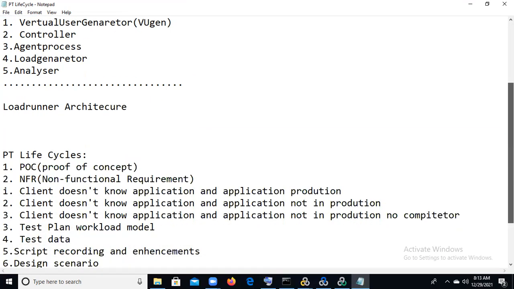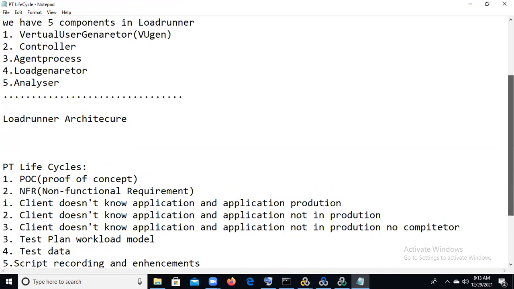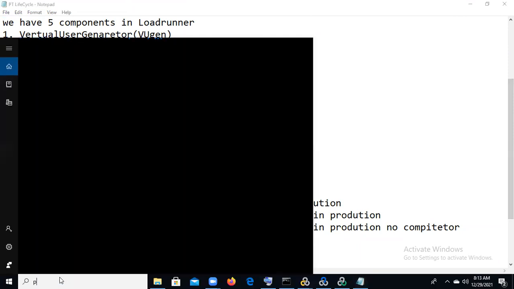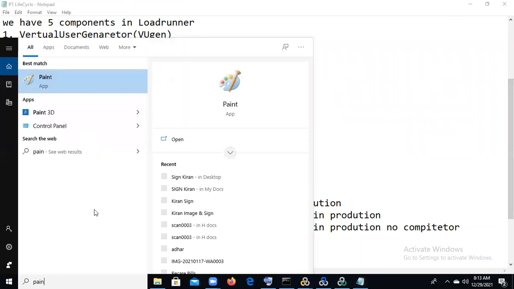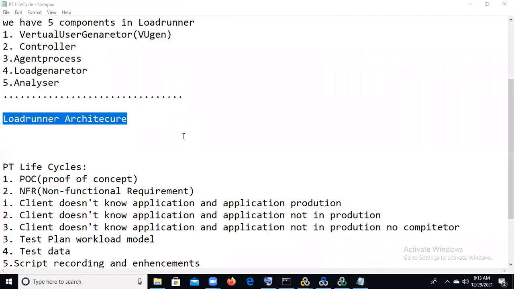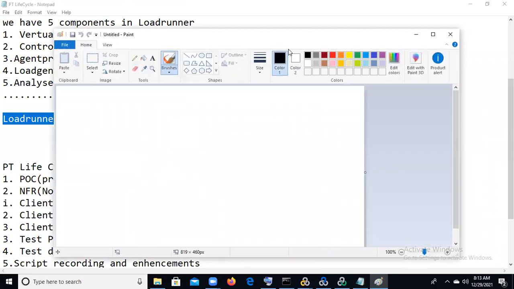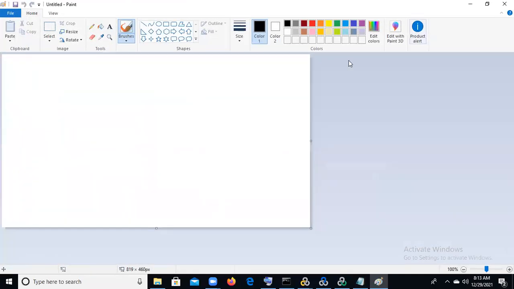Next step will be the LoadRunner architecture. Each and every one of these is an interview question.